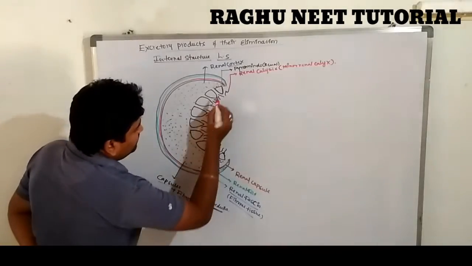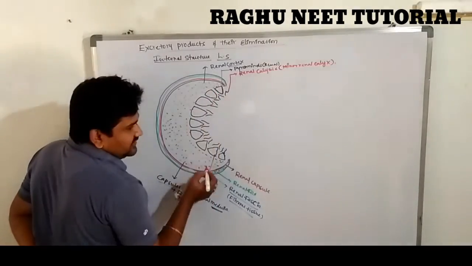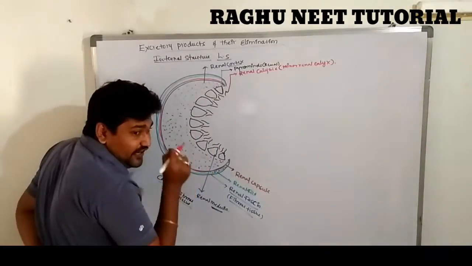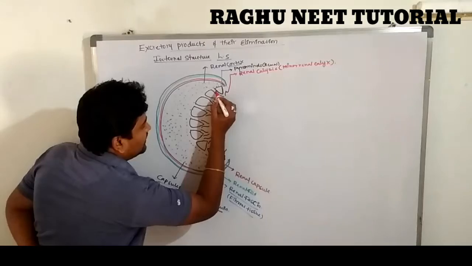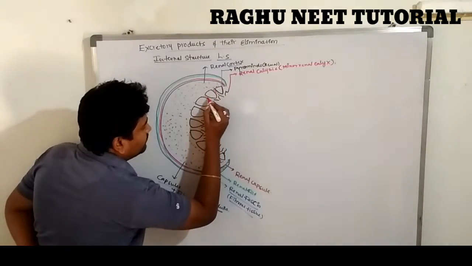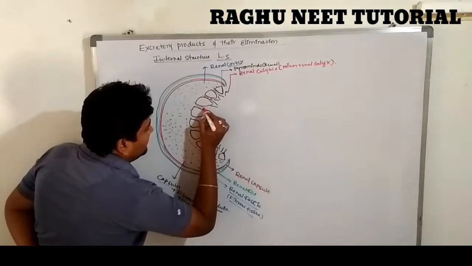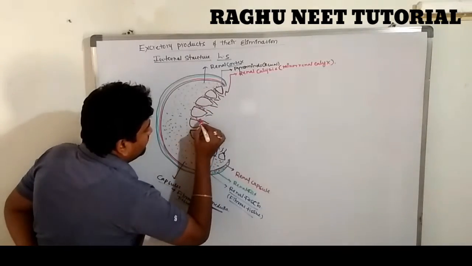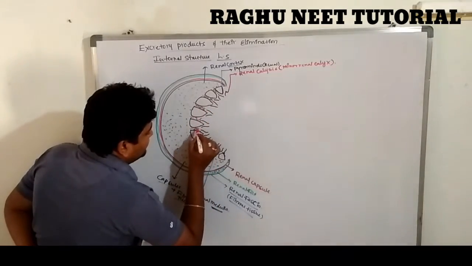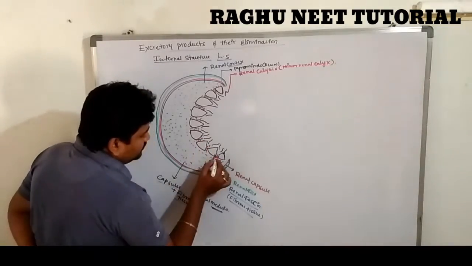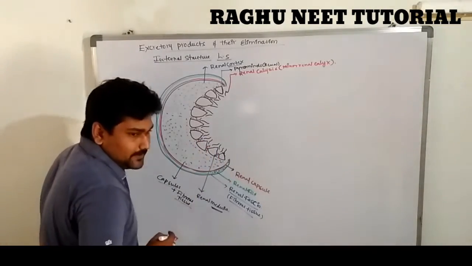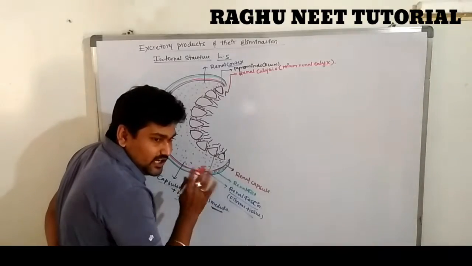Are you clear? So the gap in between two pyramids is filled with renal capsules. Very, very important. This comes in examination for 2 marks. The pyramids are completely separated by the renal capsules. So the renal capsules are separating two pyramids.